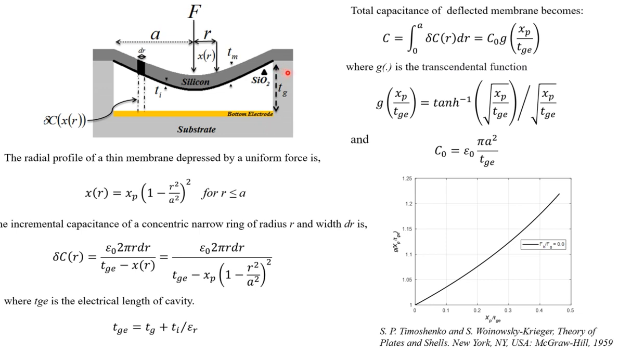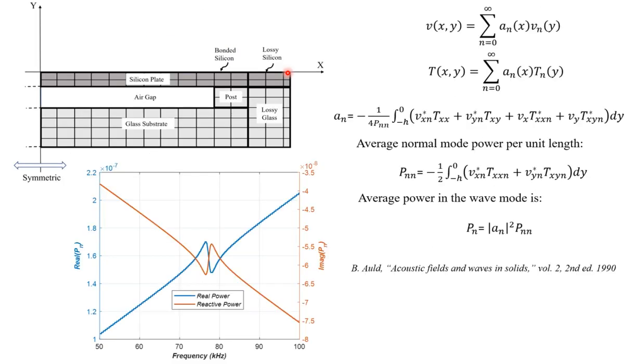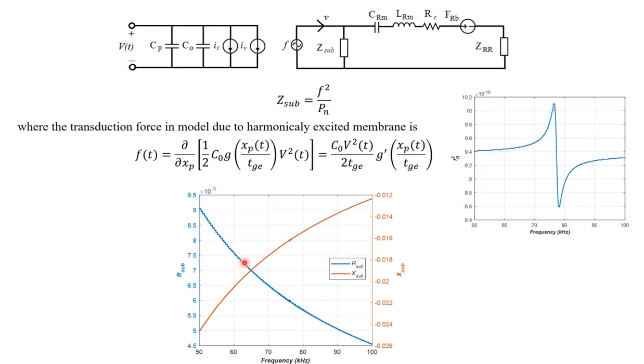This coupling happens in the form of dispersive waves that I have talked about before, and you can calculate the power in terms of the tensile stresses and the associated velocity fields if you invoke the normal mode theory. So if this is the power, then the instantaneous transduction force can be evaluated